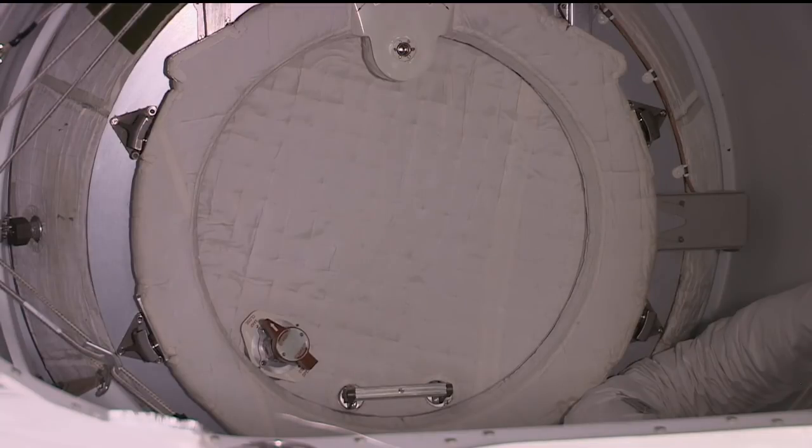Station, Houston on 2 for David. We do see the PMA hatch closed. We were noticing in the video that there are some loose threads on the closeout covers from the...